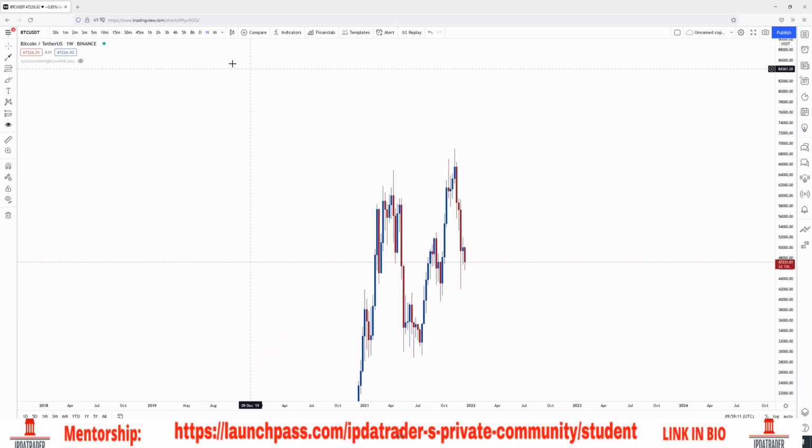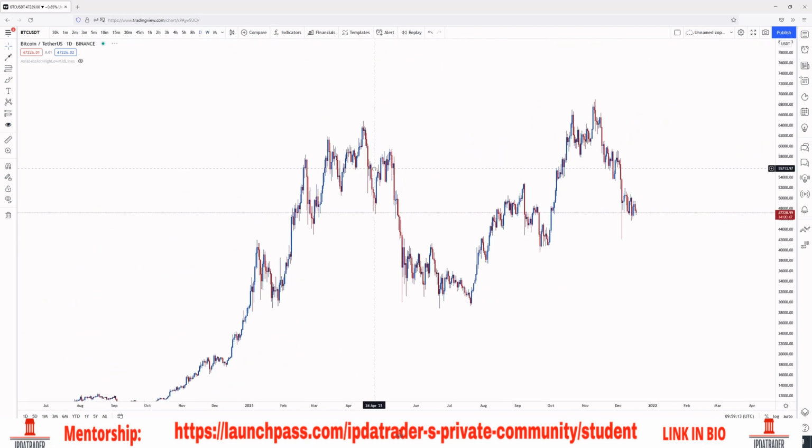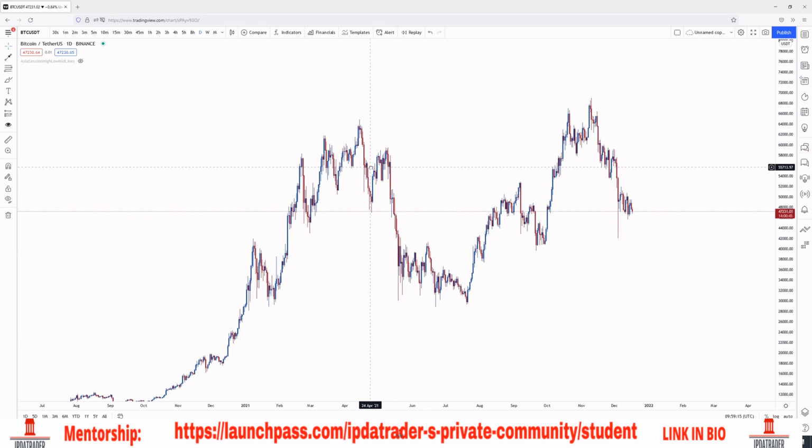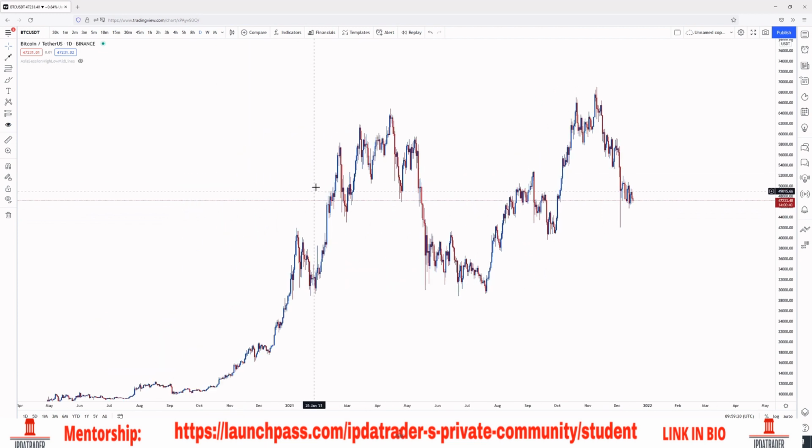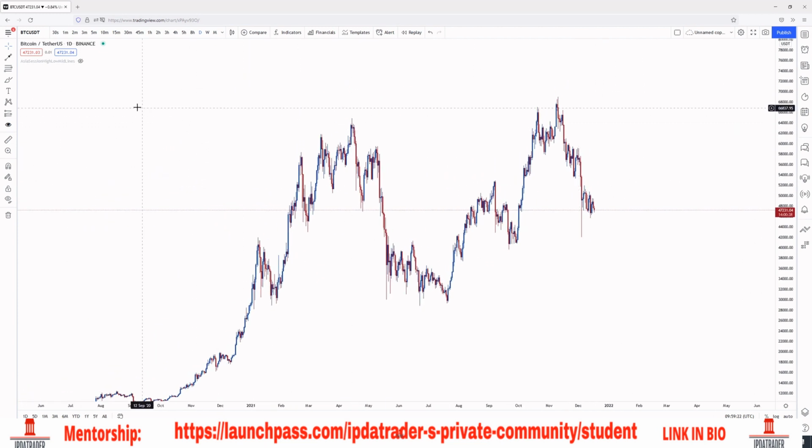So let's remove the drawings, let's zoom into the daily, and we have some pretty clean market structure to work with, right? It's extremely easy to read. If you're looking at a structure like this, you should understand that this is your most recent break, right? If you're looking at this time frame, we just had this high get taken out, making a new higher high over here on November 10th, 2021. So after that occurred, right?